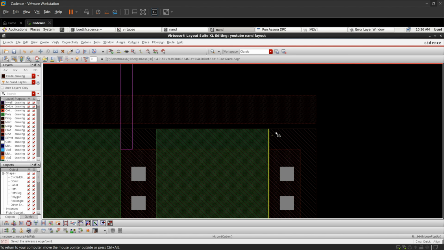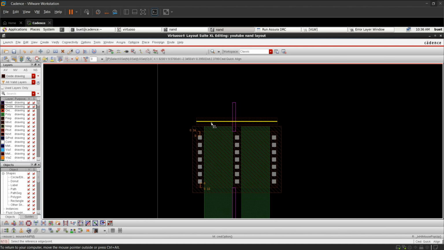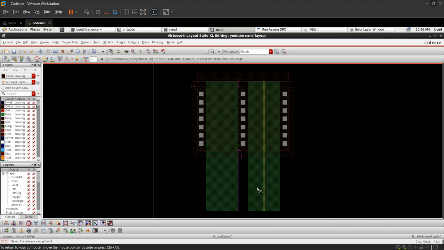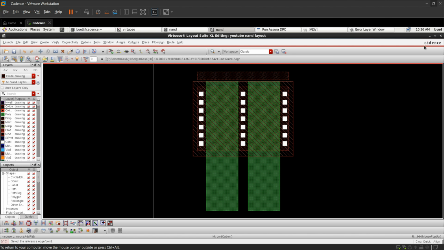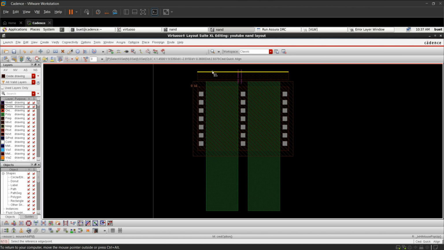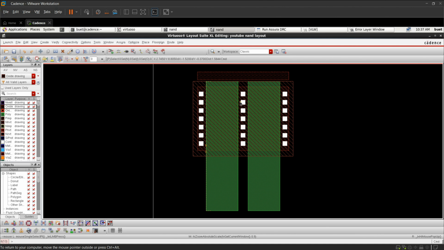We will be looking into abutment also, how the abutments are going to be done. Abutment in the sense, many of the cells are going to be kept adjacent, so it should be done in an efficient way, not just placing them adjacent to each other. There should not be any DRC error, and all the DRC errors should be cleared. So